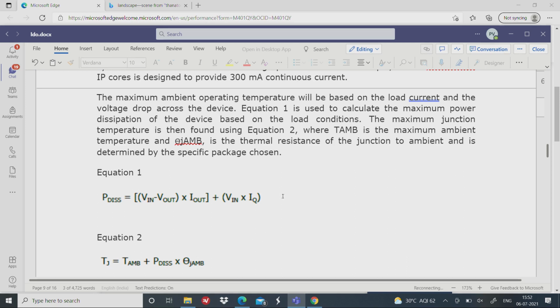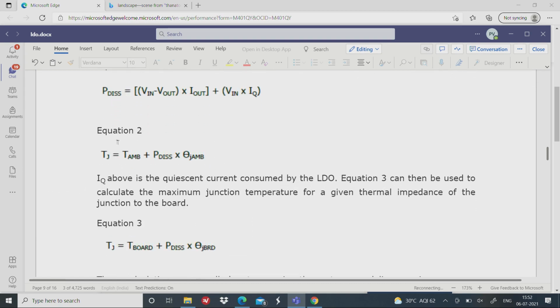Now this power dissipation means it will raise the temperature by something, right. Now what is the rise in temperature? That is governed by this equation. Tj is T ambient, ambient is some temperature, maybe it is at 25 degrees or whatever. Because this current is flowing through the LDO and the LDO is getting heated up, it will again start increasing the temperature of the surroundings, given by this additional part here, P dis times theta j ambient, right. So with this equation, you now know the junction temperature Tj, because it is ambient plus this number.